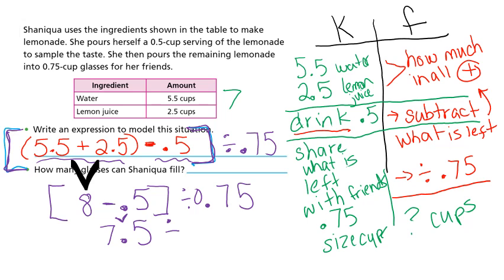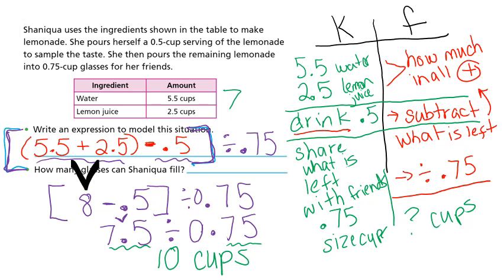I'm going to divide the 7 5/10 cups into sizes that are 75 hundredths. Now, we know already that we can divide by powers of 10 here. So I know that if I'm dividing 7 5/10 by 75 hundredths, I can simply multiply by 10. 10 times 75 hundredths is going to give me 7 5/10. So I know she can make 10